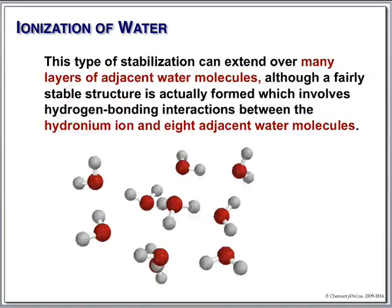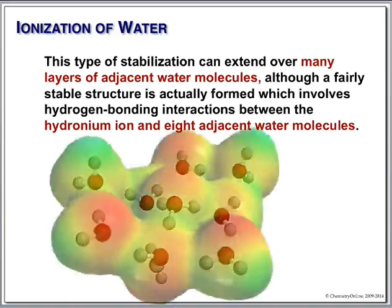This is a more realistic version of water. We have a hydronium, and we have 8 waters around it. We can do exactly the same calculation here. We're starting with our big blue ball in the middle. Here you can see how big it is on the bottom. We calculate charge distribution over the whole complex. Our blue ball is not only gone,